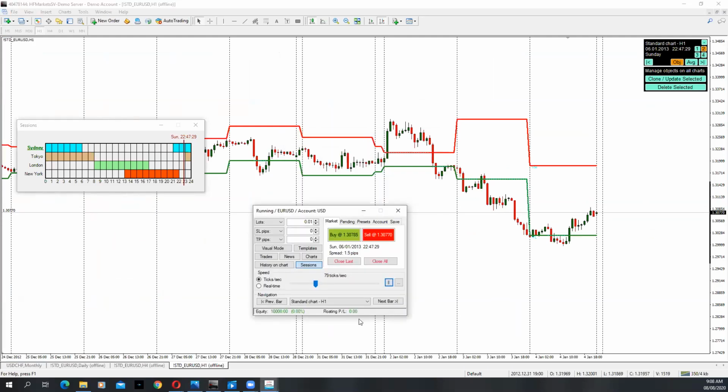You see price is moving on its own. If you want it to move very fast, you increase the speed, and it moves as fast as you want. If you do not want that, you pause, then you use the next bar, then you control it at your own pace. And if you notice, the indicator is setting up as price moves.